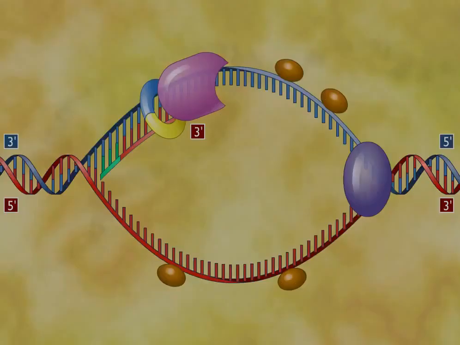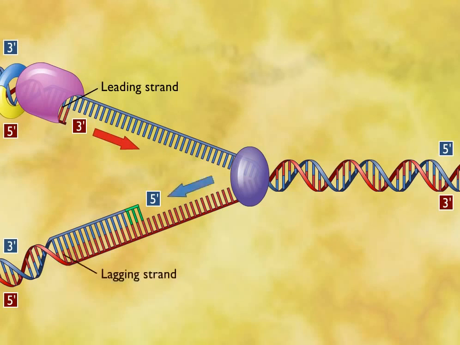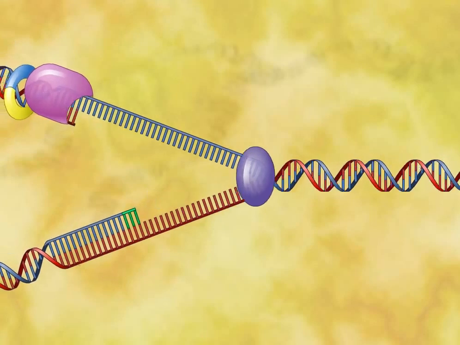Because the two parent strands of DNA are antiparallel, they are oriented in opposite directions and must therefore be elongated by different mechanisms. The leading strand elongates toward the replication fork by adding nucleotides continuously to its growing 3' end. In contrast, the lagging strand, which elongates away from the replication fork, is synthesized discontinuously as a series of short